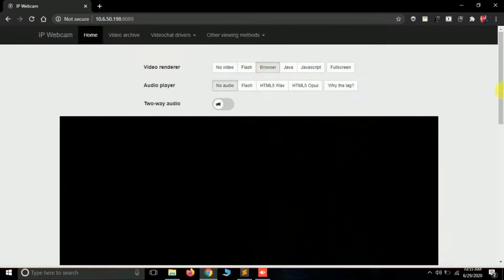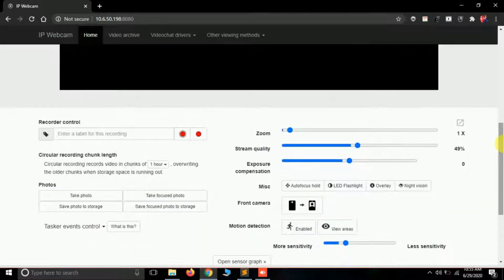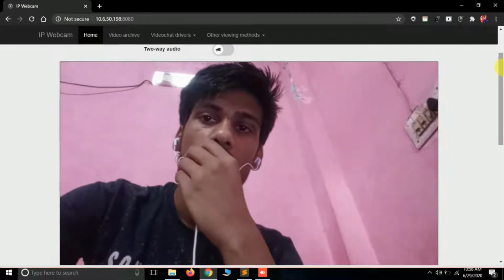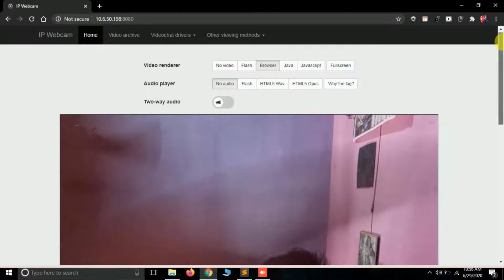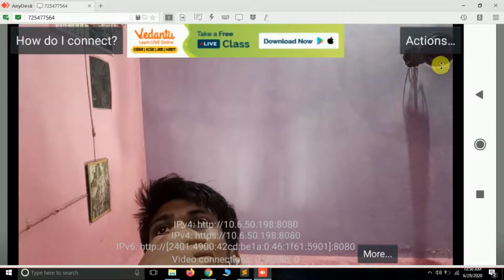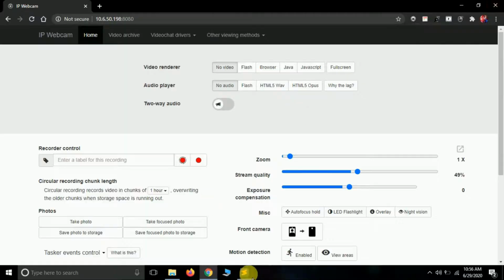Also, if you want to switch between the front and back camera, you can just select it from here. If I want the front camera, I can just do it like this. Yep, so this is how you can use the front camera. So let's see how we can do the same thing using Python. Let me click no video, as we do not need this, and close this application.